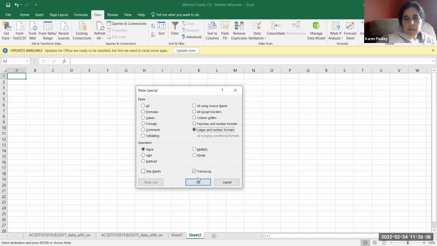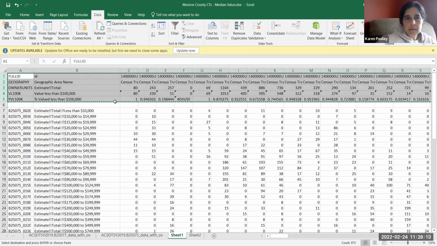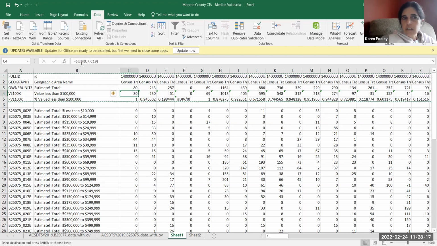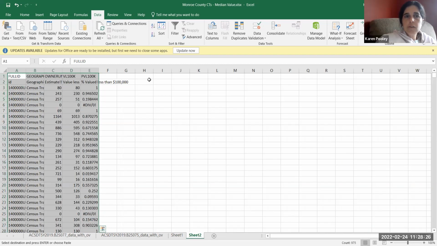Just bring in the values and I'll show you what it does. And so here it brought everything in. Over on this sheet, if I look in here, it's actually not a value, it's an equation. If I were to bring this, I'm going to copy it again. If I were to have just transposed it,